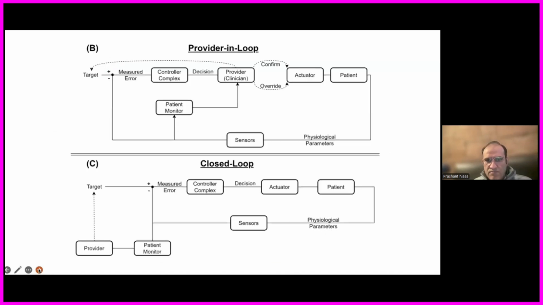So what is this closed loop fluid administration? If you look at a real-time daily basis, if a patient comes with a shock, you take the history of the patient, you look at the clinical signs of shock, looking at the organ dysfunction, then integrate this information along with the laboratory, complex hemodynamic monitoring, along with a bit of imaging, either using ultrasound or an echo. This is all integration of information from the electronic health record to the real-time hemodynamics. You put that to a provider, which is us, and then we use that decision making to decide whether the patient needs a fluid or needs a vasopressor, or what type of fluid and what amount of fluid need to be given.